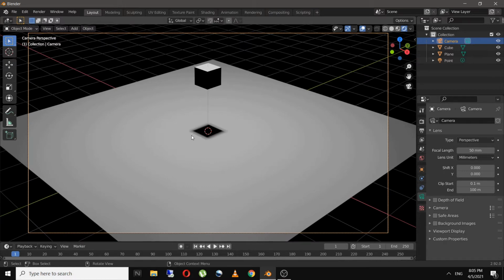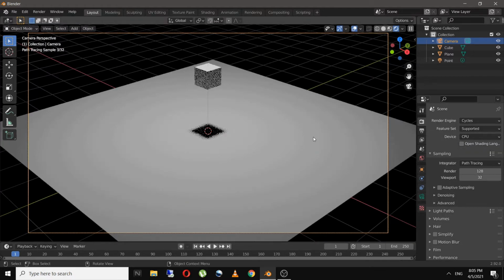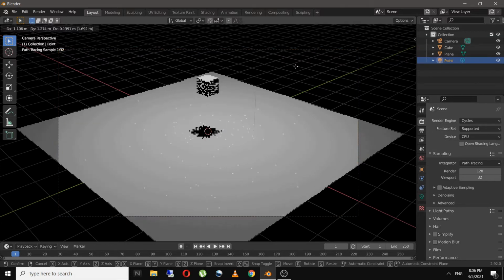As you can see, we have some weird shadows over here. So let's switch our render engine from Eevee to Cycles. And as you can see, our shadow looks much more realistic, but we still have some noise over our viewport.